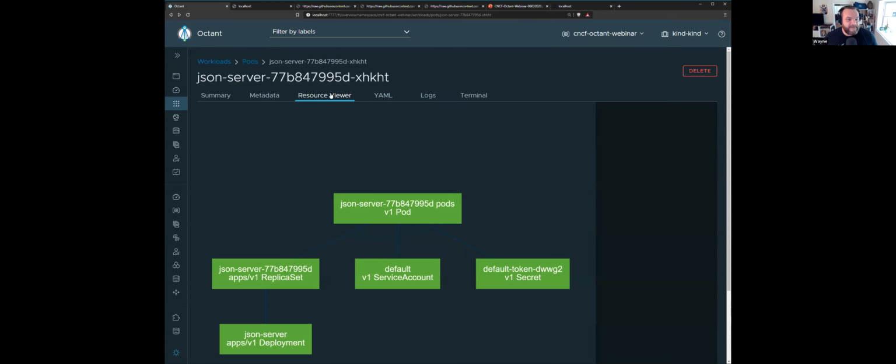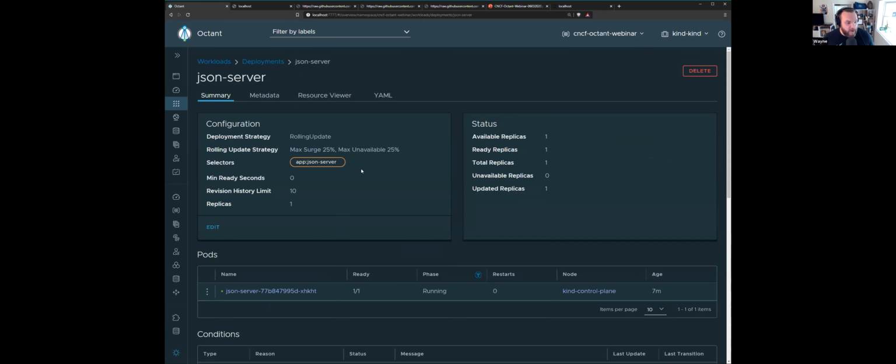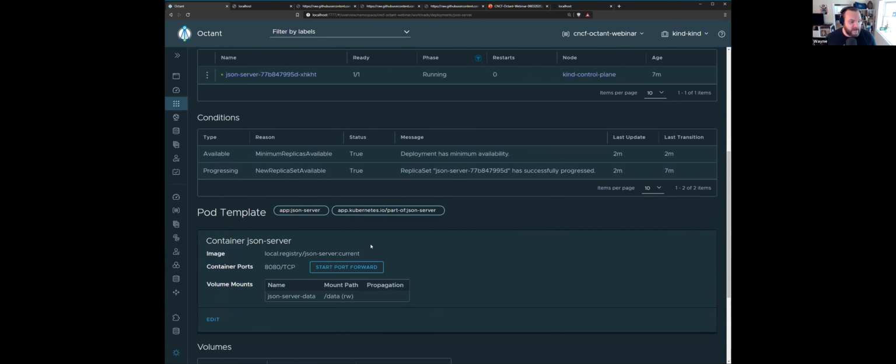Well, how do we change it? This is where the resource viewer comes back into play, right? Even though we don't have a really deep understanding of why this pod even was created in the first place, we just know that it happened to get created. We can deduce that the deployment that we defined is what's actually controlling this pod, right? And granted, you might know that if you read enough of the documentation, but a lot of people are copying and pasting. They just want to get up and running, right? They don't want to spend the upfront time to have deep, tacit knowledge of Kubernetes just to get their containerized application deployed. So we move back into the deployment, and we see that, in fact, here in the deployment,